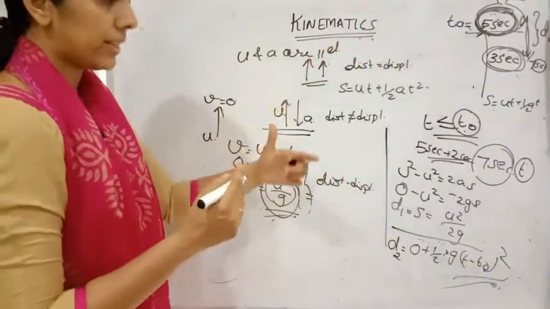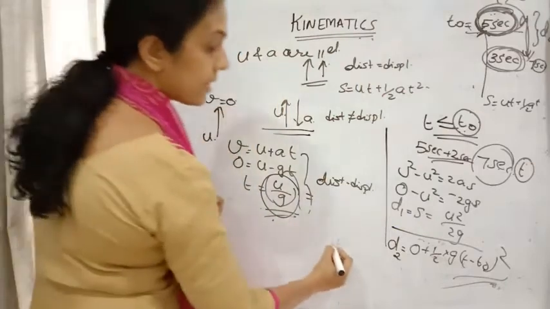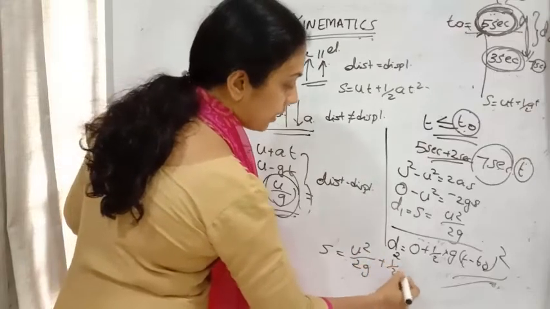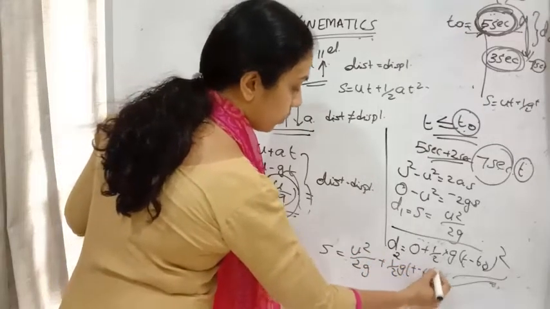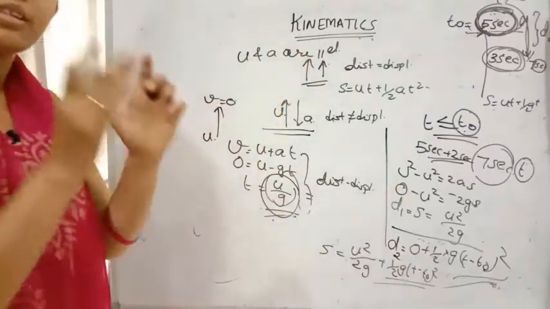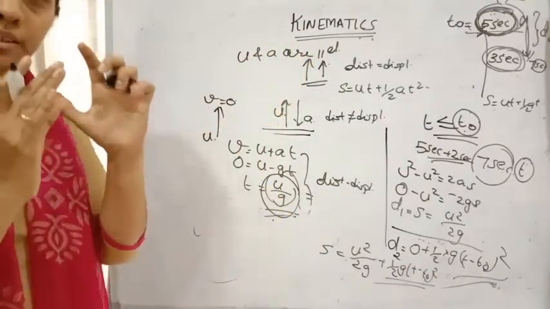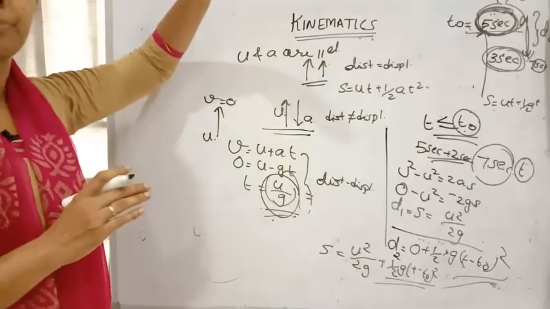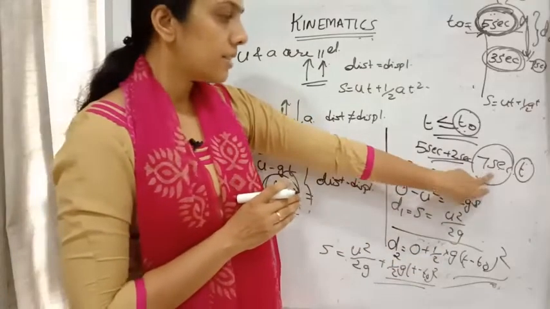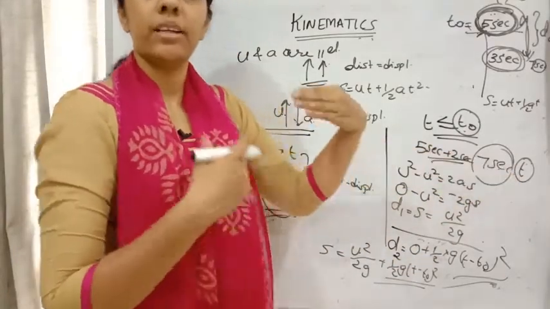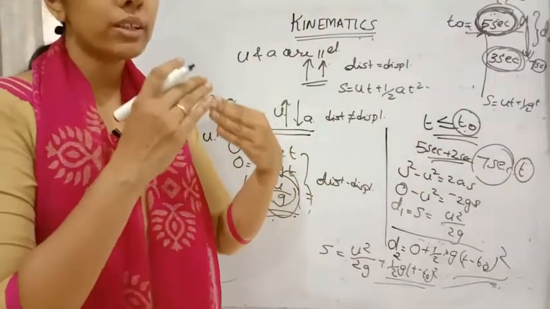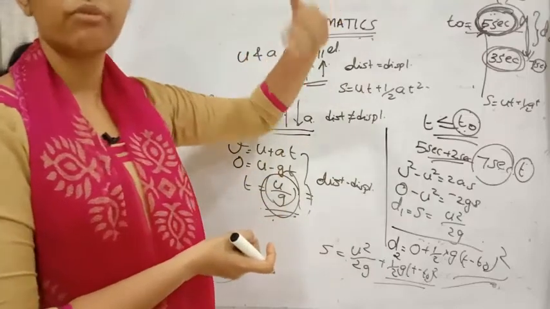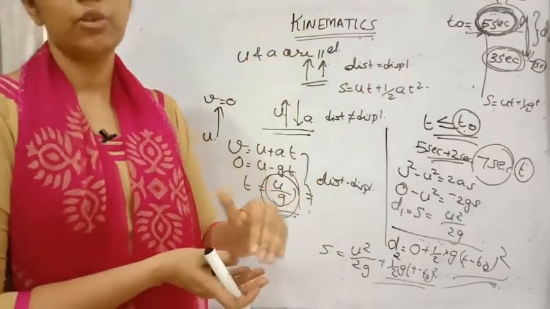This will be the distance covered. So in such cases, we can find the total distance covered as equal to u square by 2g plus half into g into t minus t0, the whole square. Here in these cases, you should understand what is t and what is t0. Okay, t0 is the time required to reach the maximum height, and t is the time they are telling you to find out. So when you are getting a question, you should know whether it is at the maximum height, after the maximum height, or before the maximum height.